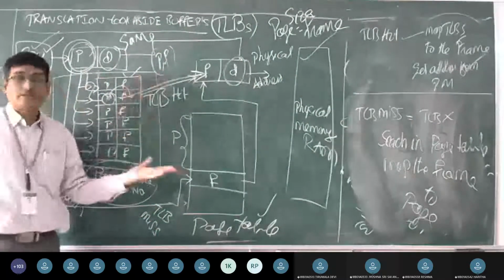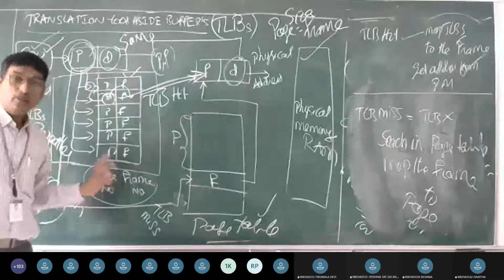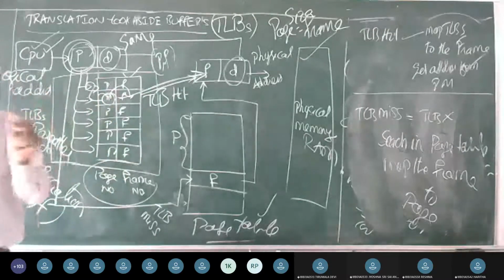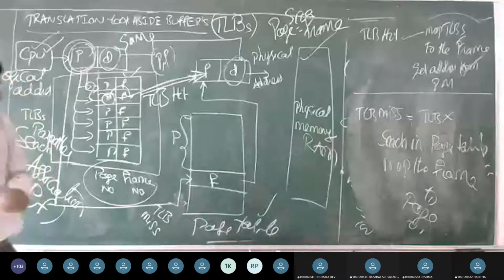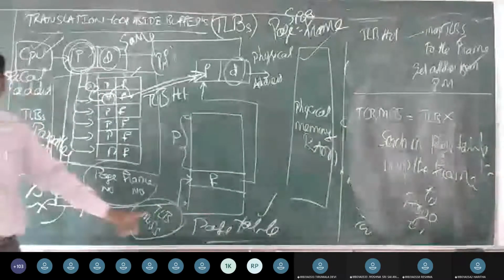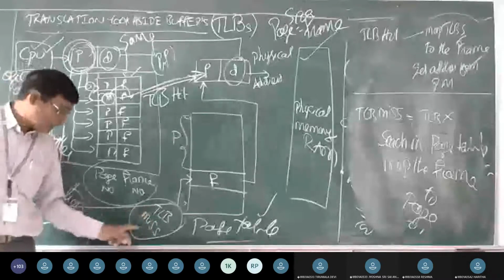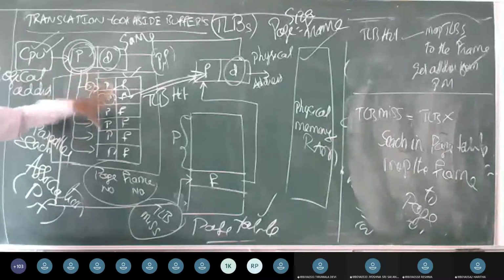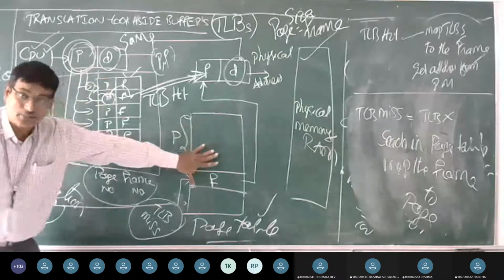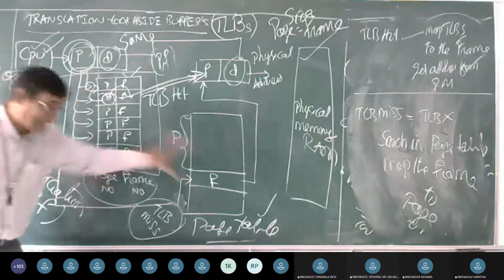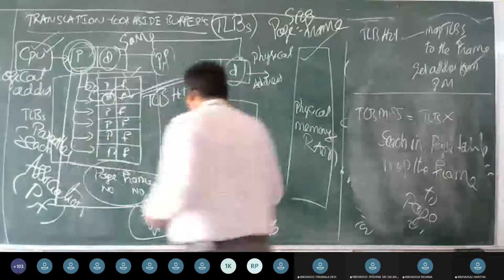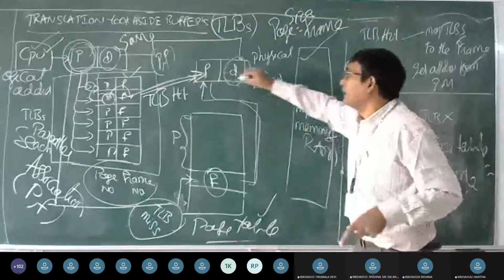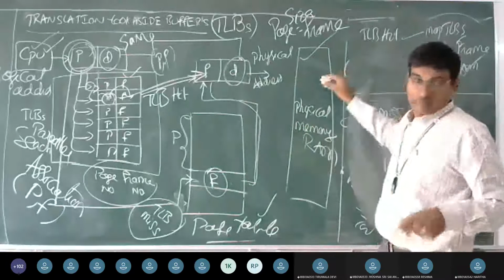Second idea. What if the page is not found in the TLB? If it is not found, we call it a TLB miss. That means don't search in the TLB, you search in the page table. So here pages are going to be searched, the associated frame is going to be taken up, and again the physical address is going to be generated.